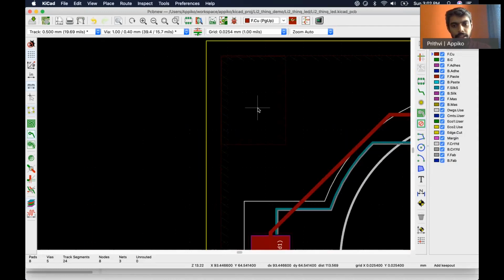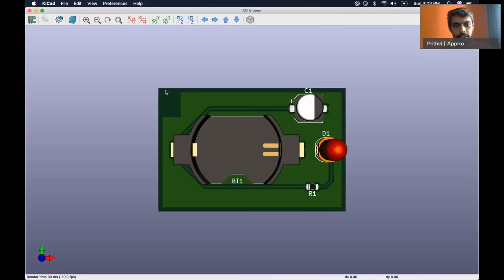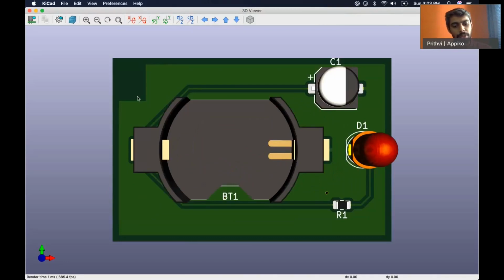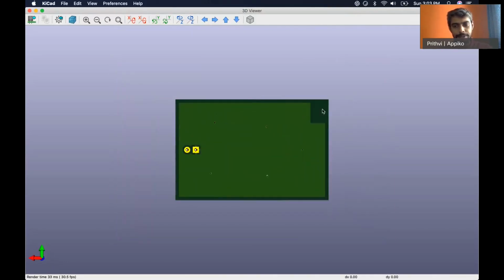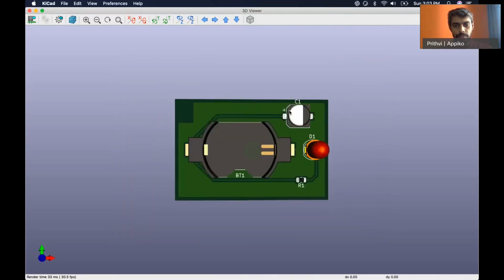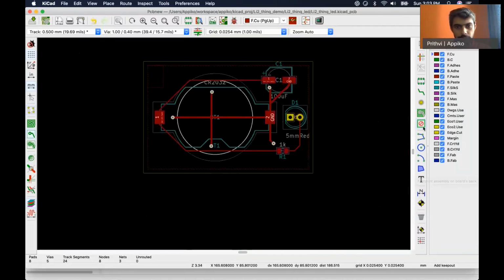Now we can see in the 3D design that this keep out area doesn't have any copper on the front or the back side. Like I mentioned, this keep out area can be a complex design as well.